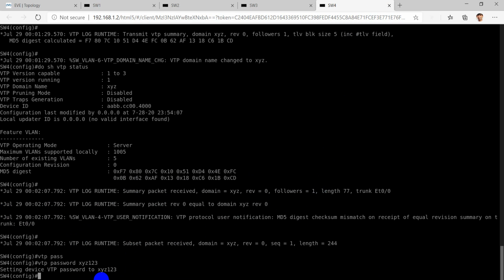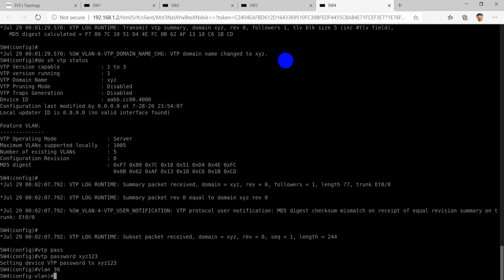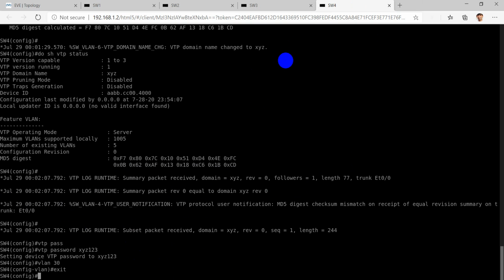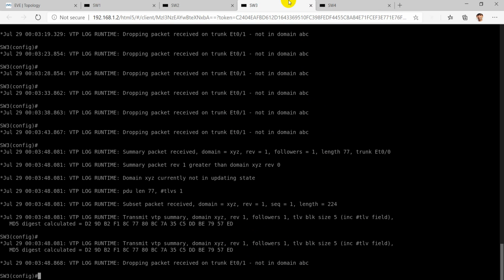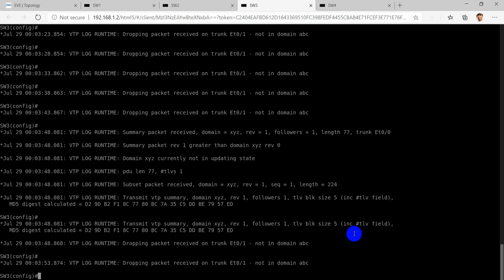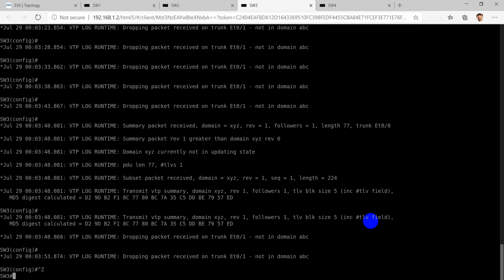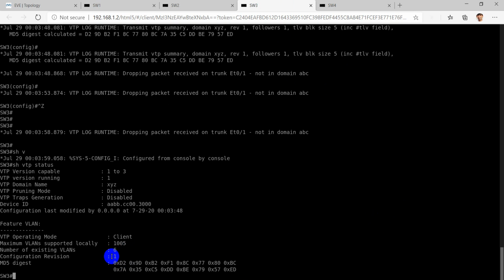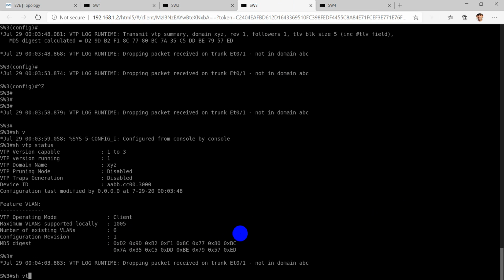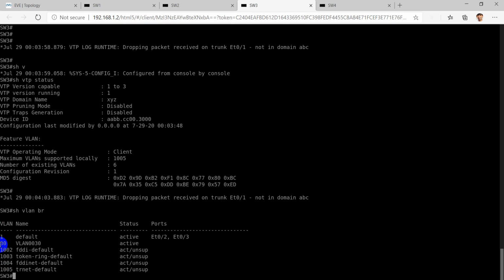So here if I say, as this is in server mode, so if I say VLAN 30 here, so it will propagate its information with the revision number of 1 to switch 3. Okay, so show VTP status, so configuration revision number is 1, and show VLAN brief. So you can see that VLAN 30 is reflected here as well.